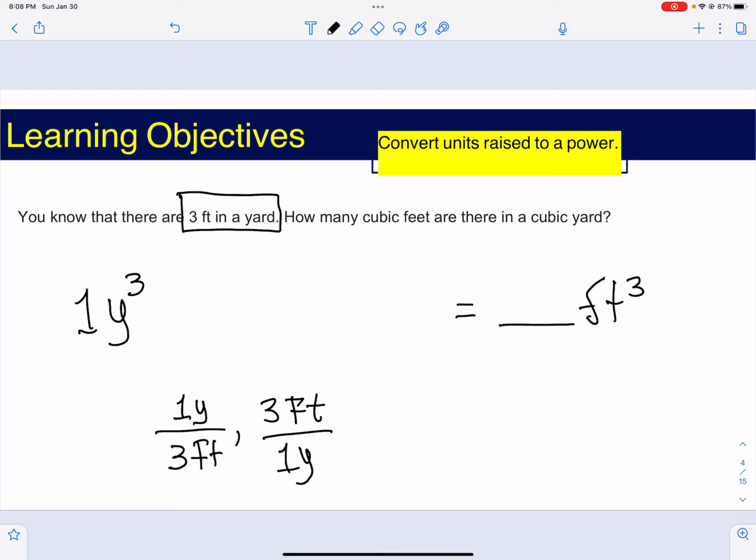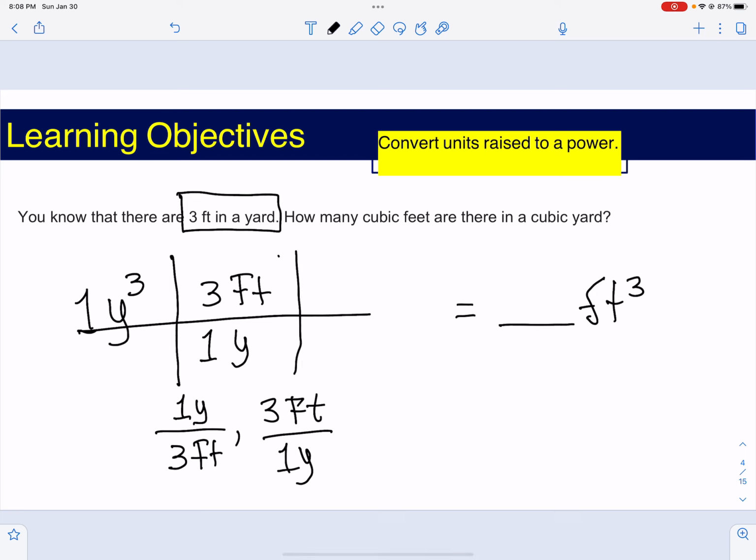So, train track method. We don't want the yards because we want the feet, right? And we know that 1 yard equals 3 feet. But if you notice, yards cancel with yards, but what do we do with the cubic? 1 is cubic, the other one is just to the power of 1. So for us to be able to do this, it has to match also the power. So what we do,